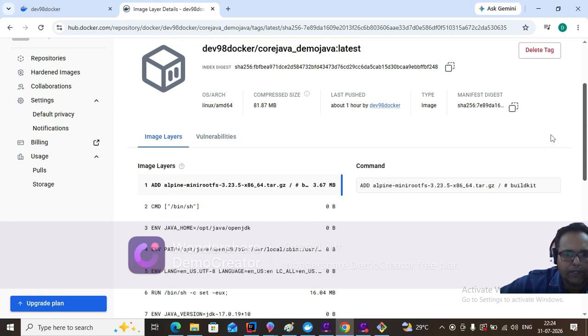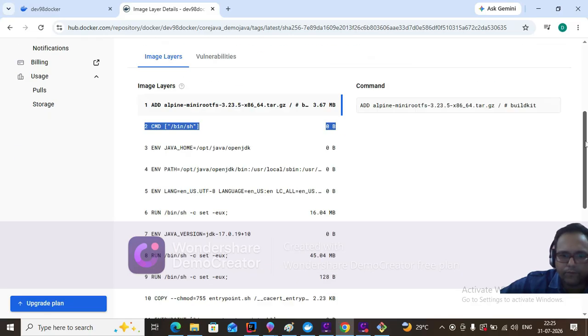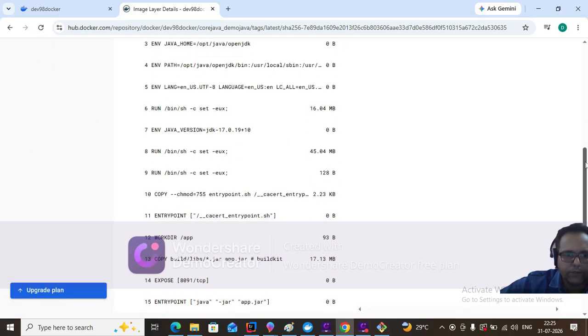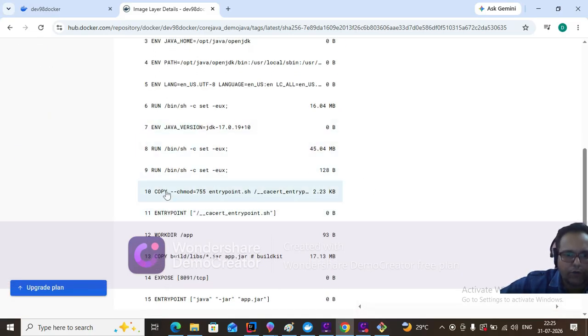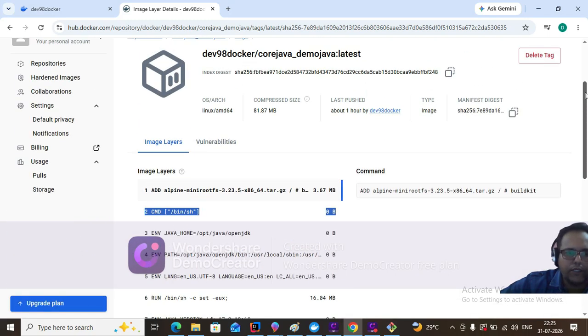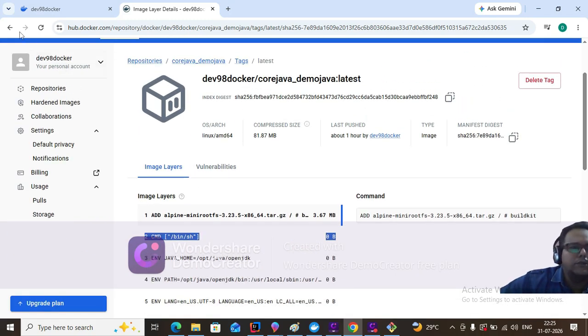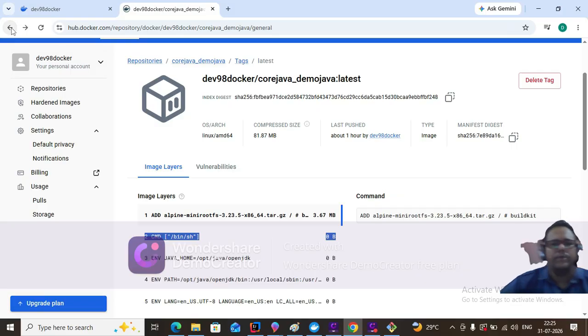ठीक है, ये देखो, आप इमेज में ही दिखा रहा है, लेयर्स, सारी इन्फॉर्मेशन है जो जो आपको देखनी है, सब इन्फॉर्मेशन मिलेगी इसमें। देखो, जावा वर्जन कौन सा है, एंट्री पॉइंट, कॉपी, इसकी वर्किंग डायरेक्टरी कौन सी है, फिर जो हमारी एग्जीक्यूटेबल जार फाइल थी उसको इन्होंने app.jar फाइल में कॉपी कर दिया। ठीक है, तो ये मेरी इमेज है।